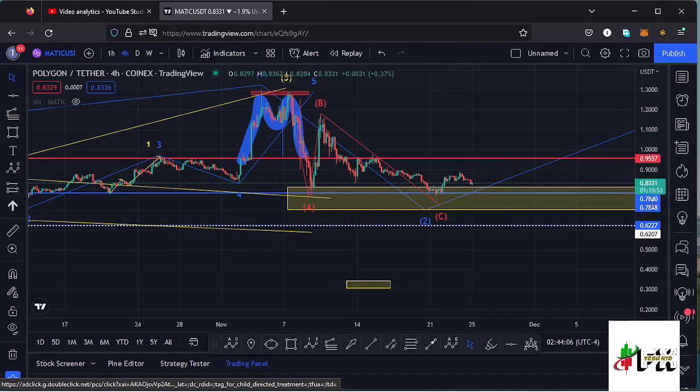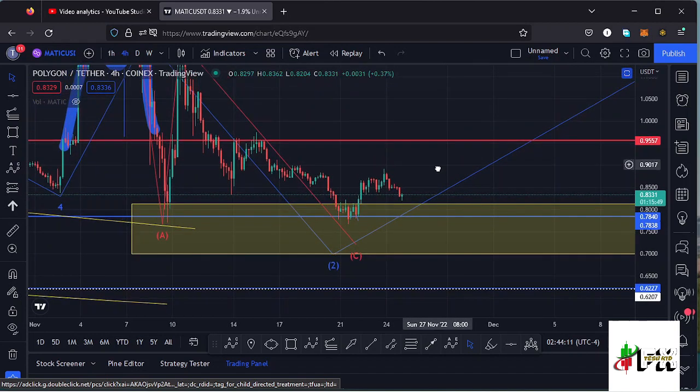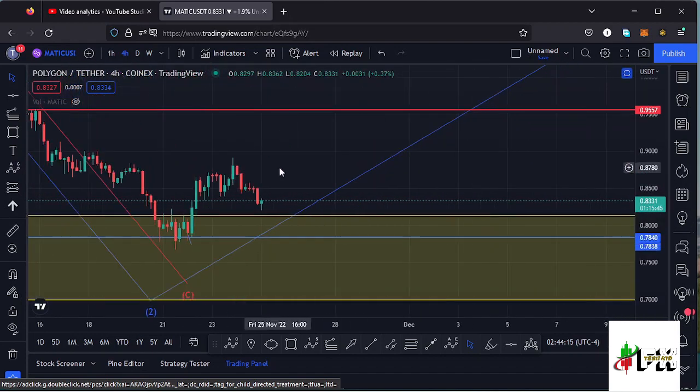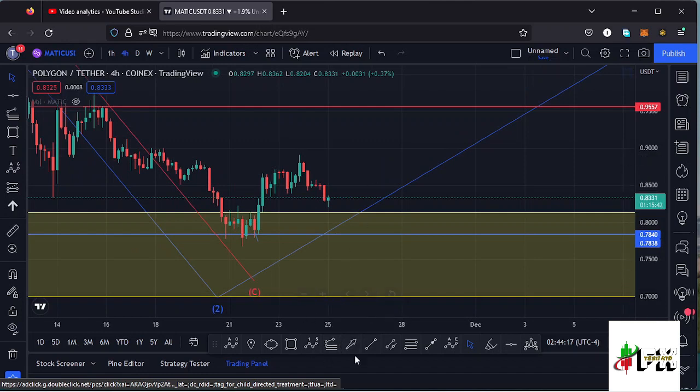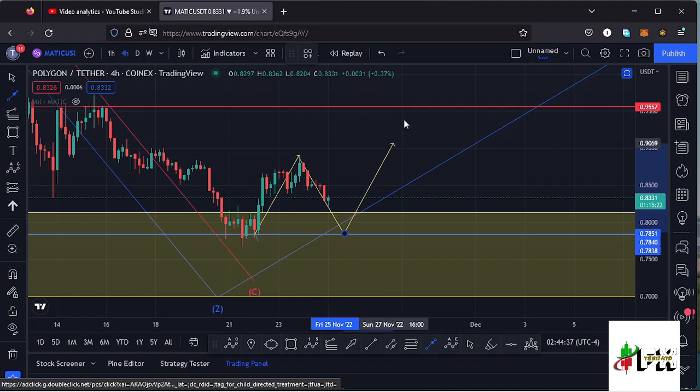And getting to the short-term scenarios that can play out here on the Polygon Matic chart, you can see that yesterday we managed to get back to around the $0.78 mark, which is a key area of support. And right now, after touching that key area of support, you can see that we found support and then saw a very nice bounce to the upper side, and there are chances that we can see a retest of that key area of support. And in case the retest is a success, there are chances that we might continue pushing higher